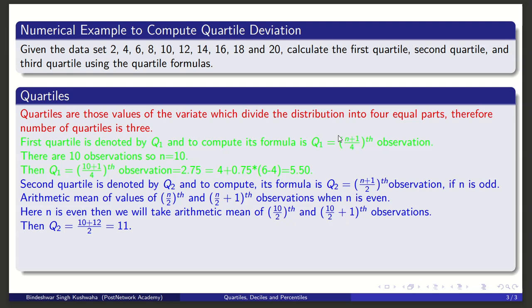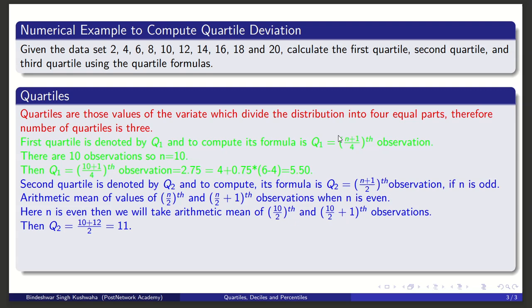And that would be 11. That means 11 is dividing the whole data set into two parts. This should be 10, but there is a little bit of difference. That is, you can say, equivalent. But yes, 11 is also dividing in two parts. 11 is dividing this data set into two parts, because 5 values are less than 11 and 5 values are